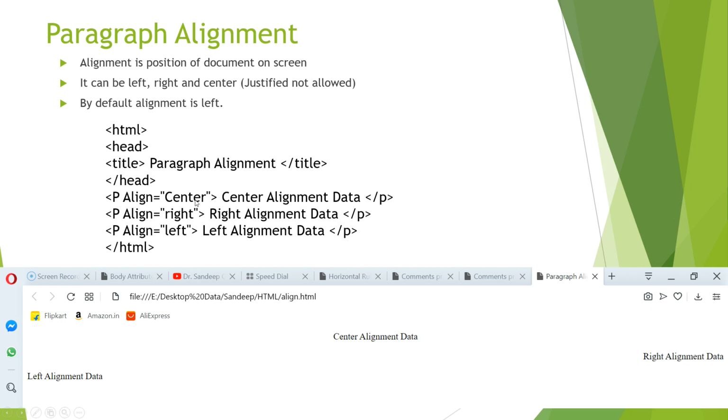See now, title is just a basic thing. Paragraph alignment can be arranged by P, which presents a paragraph. Align presents the position of the paragraph, where it will be shown. It is displayed in the center position and the message is center alignment data. Afterward, the paragraph is closed. See now, center alignment data is displayed in the center position automatically. If we do alignment in the right position, it will display right alignment data on the right side in output. And if we display in left alignment, it will automatically adjust in the left alignment. It means it will adjust in the left position.